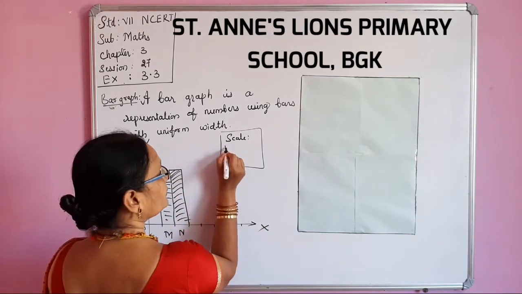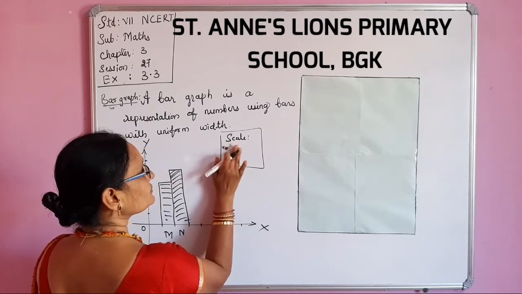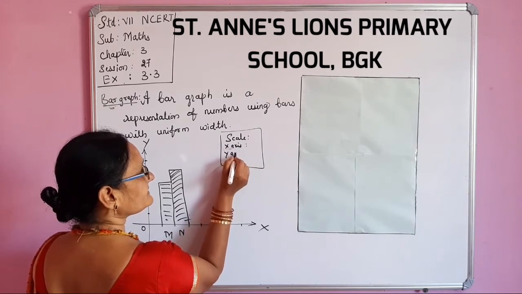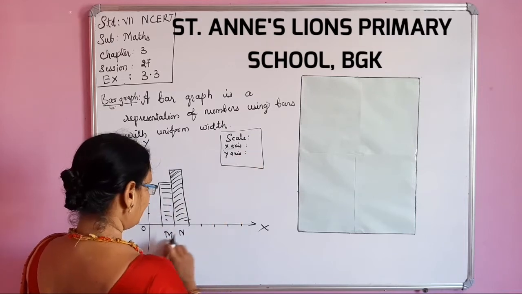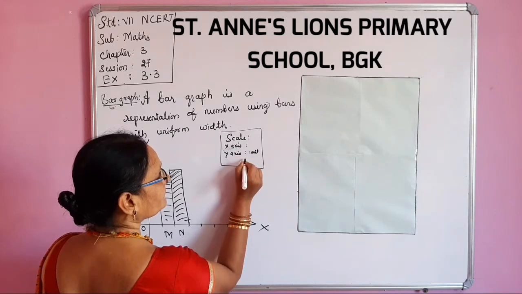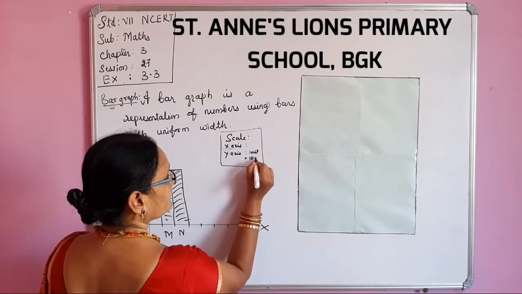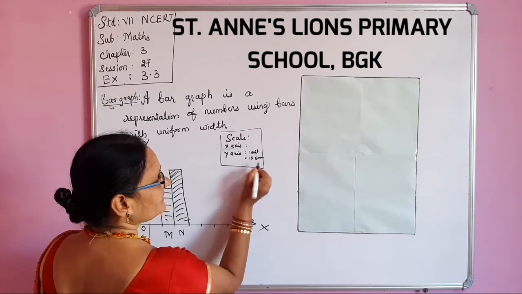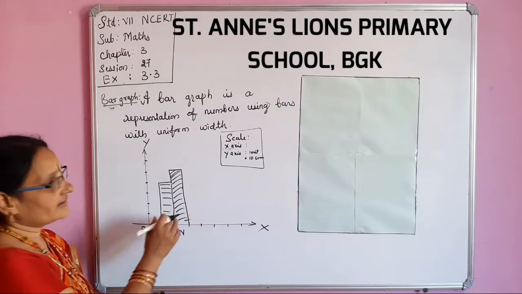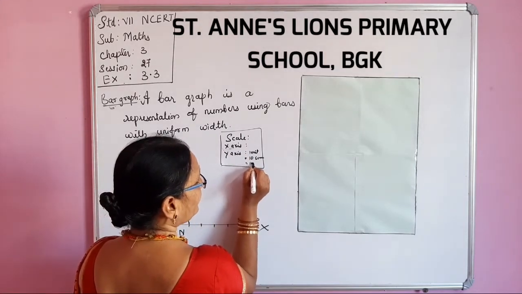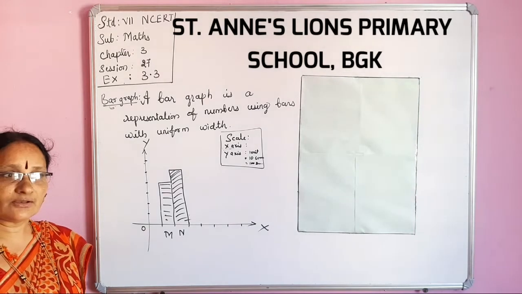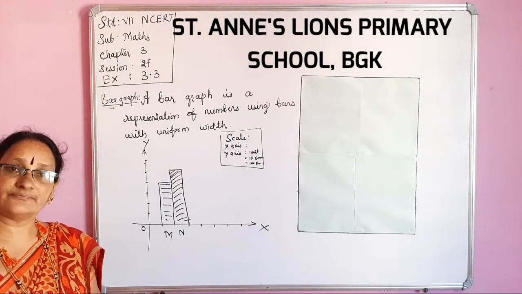First we have to choose what 1 unit is equal to, for the x-axis and the y-axis. The x-axis we choose according to the given data. On the y-axis, 1 unit may be equal to 10 scores. Or sometimes, if the given scores are in terms of hundreds, 1 unit may be equal to 100 scores. This is the usage of the scale. Now I will do one example so that you can understand very easily.